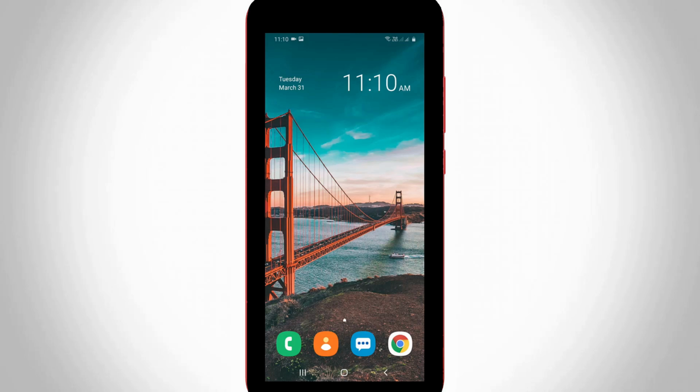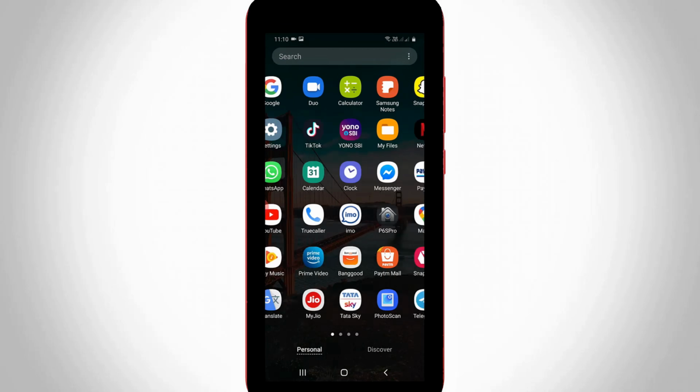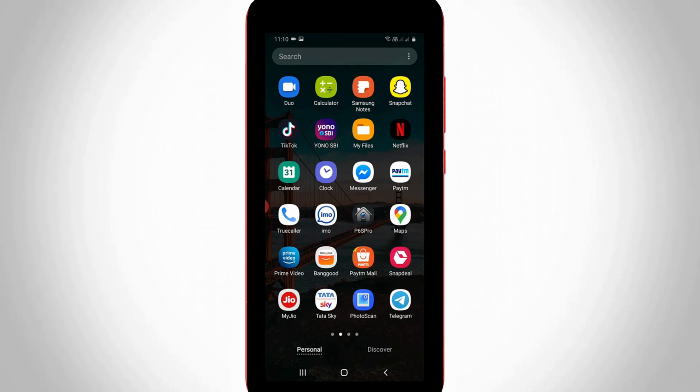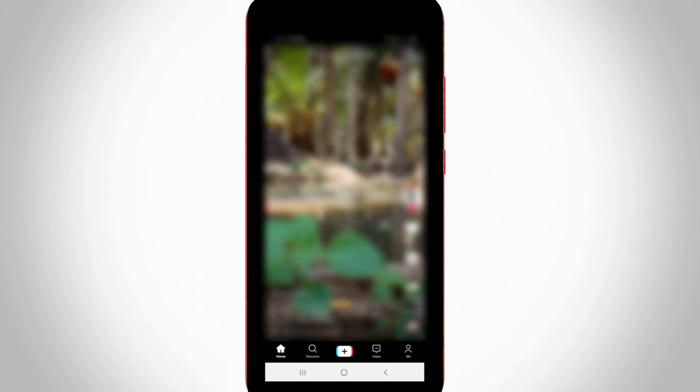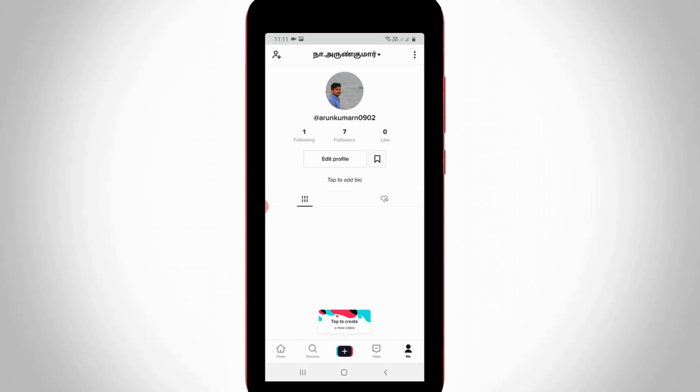So how to do that process? First of all, open your TikTok mobile application and then log in to your account. This method also works on iOS platforms because all the apps have the same setting locations. Now in this homepage section, you can press this Me icon, which is placed at the bottom fifth one, and it shows my TikTok profile.